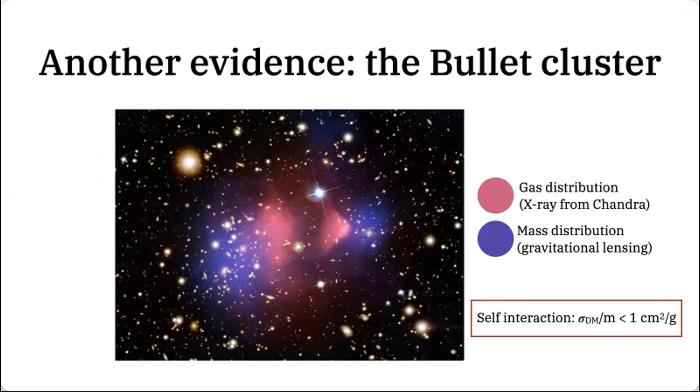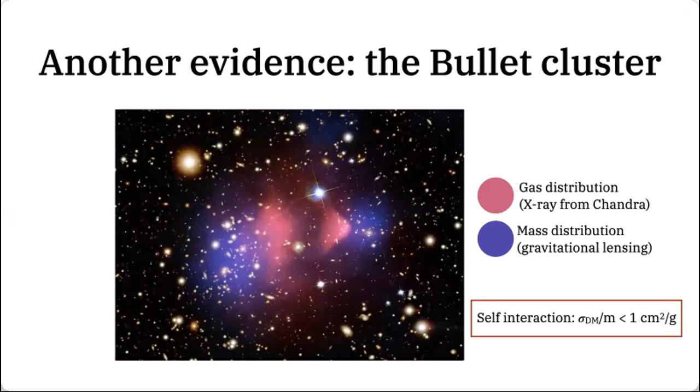Okay, so this is the bullet cluster, because we have two clusters, and the small cluster is hitting the large cluster with high velocity. That's why it's called bullet. And then what's clear is that the distribution of total mass is following the distribution of galaxies, not the gas, right? So the gas is stalled in the middle because they are interacting very vigorously. On the other hand, the galaxies and total mass in the cluster are not interacting very much.